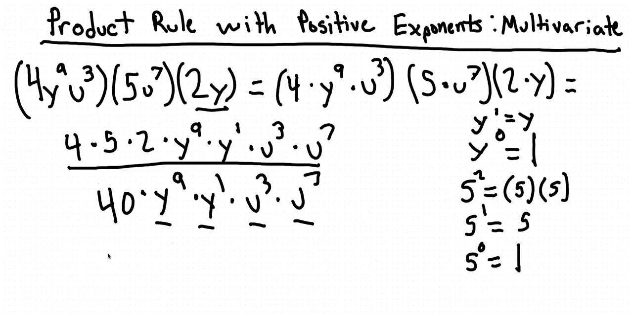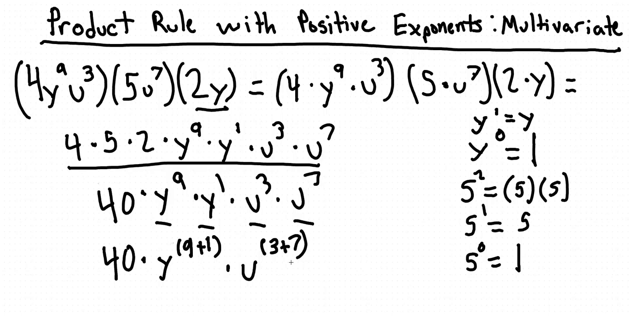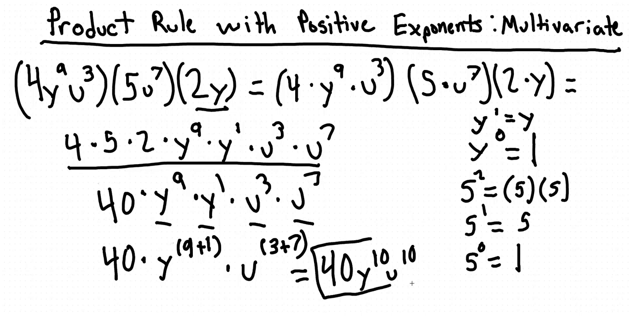So this equation becomes 40 times y to the 9 plus 1 times u to the 3 plus 7. Now to simplify this even further, we have 40 y to the 10th, u to the 10th, and right there is your final answer. Okay, so when using the product rule with positive